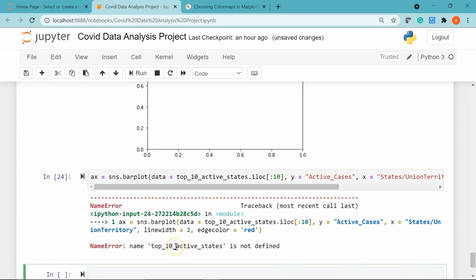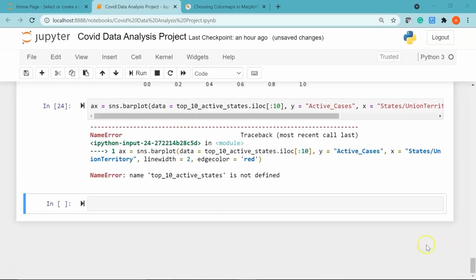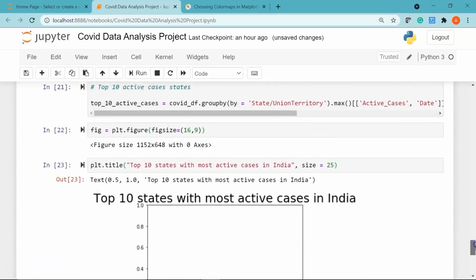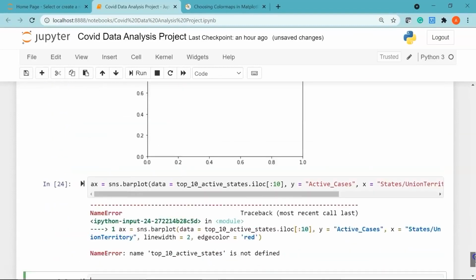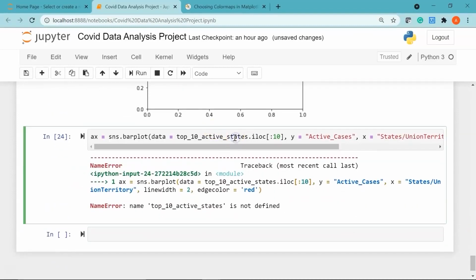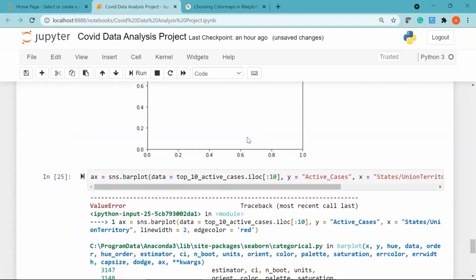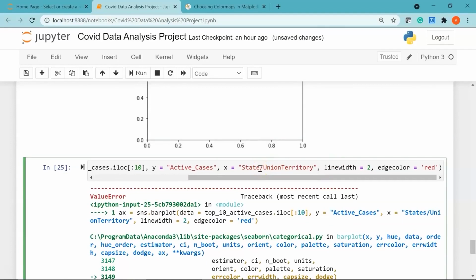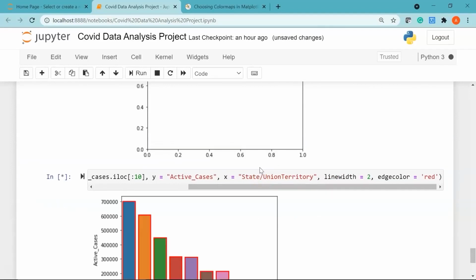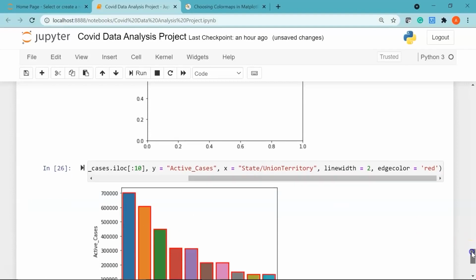It says top 10 active states not found. Let's go to the top and see the exact name. Okay, so this is top 10 active cases. Let me change it to cases here. Now run it. Okay, the x-axis also has a mistake. This should be state slash union territory. Now let me run it. There you go. We have our